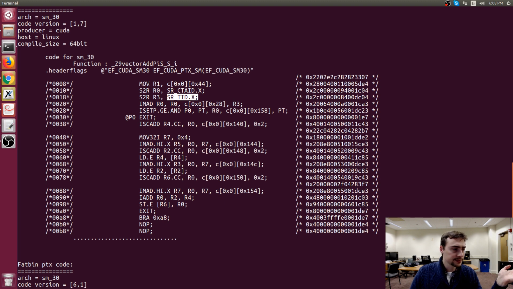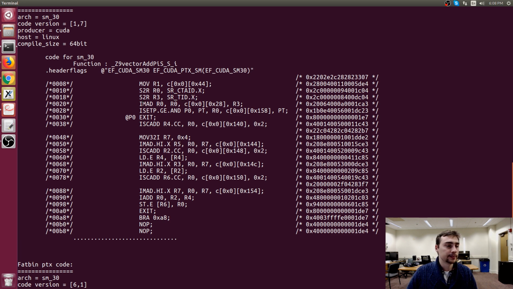And this move R1 from this spot in memory is saying get the block ID, because you can launch many, many more blocks than can fit on the GPU at the same time. So the number of blocks is something that gets stored in memory. So we get our block ID, we get our CTA ID, and then we get our thread ID, and then